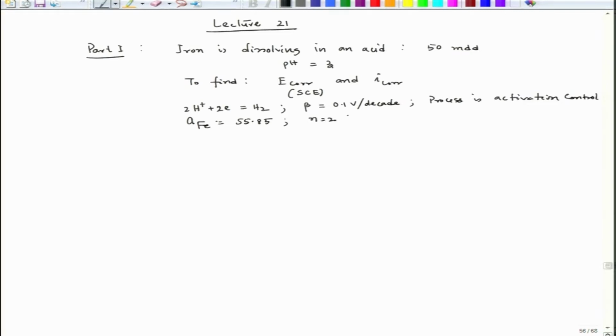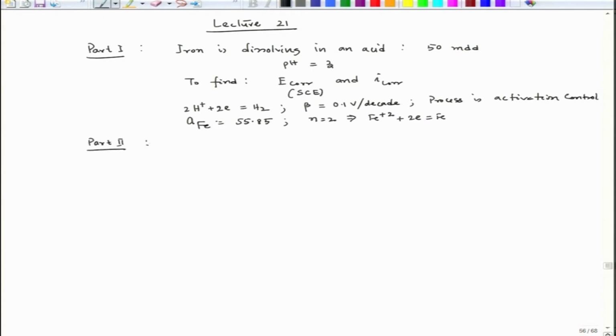That means 2 electrons are participating in the anodic process. So this is part 1, and part 2